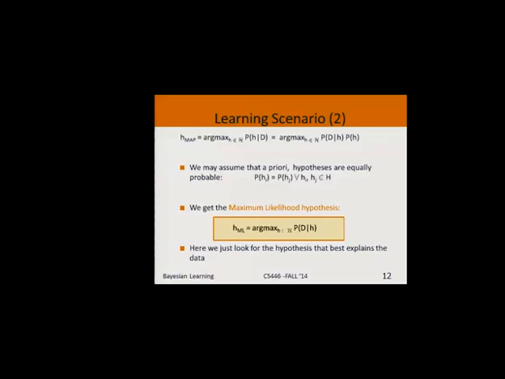Notice that what happens here is that we're saying the chosen hypothesis, the most likely hypothesis, is the one that best explains the data. Right? So you try each one of the H's that you have, and you ask it,